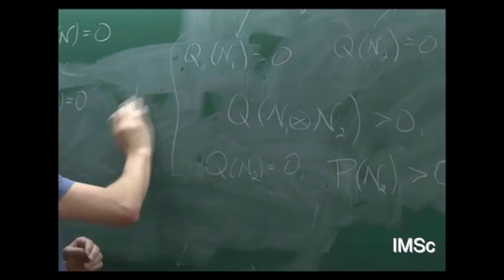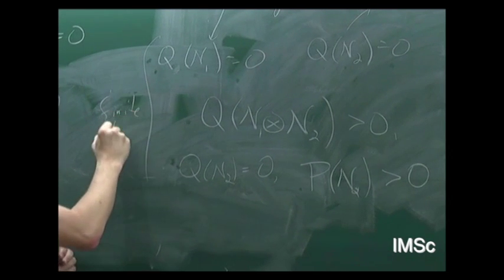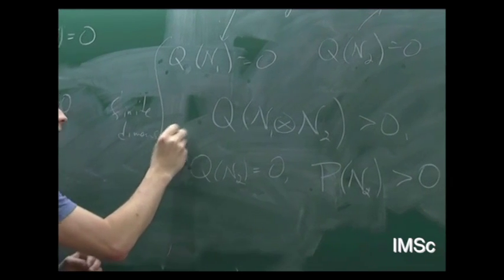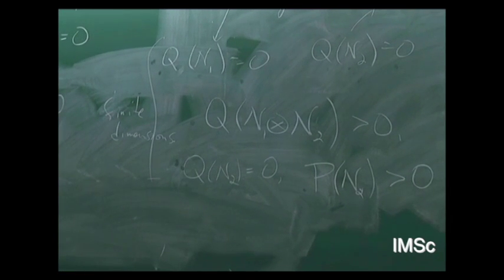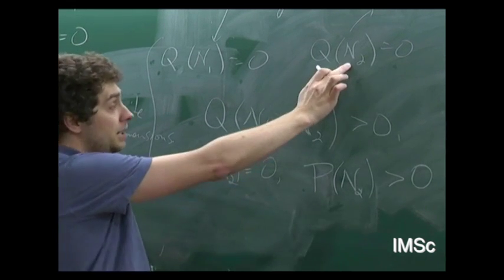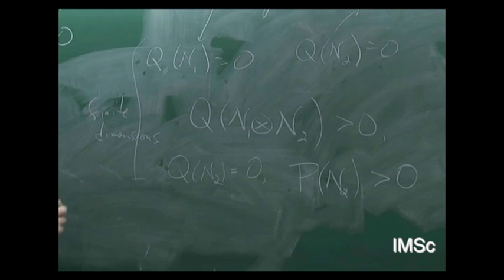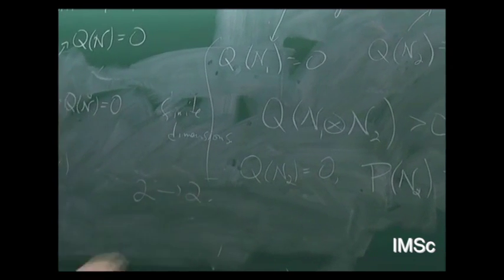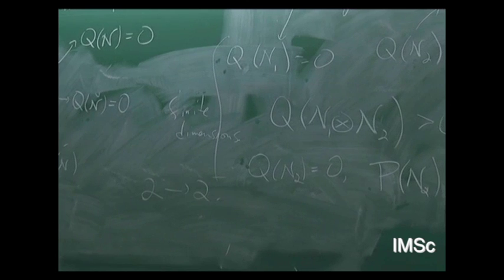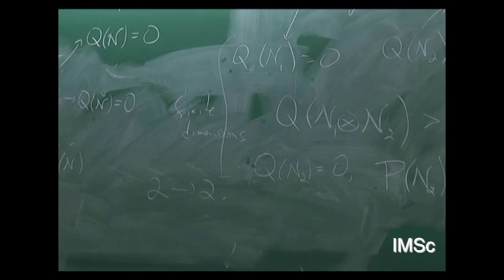Okay, so I want to continue because there's something kind of nice here. First of all, I said all of these things, this is for finite dimensions. So what happens for bosonic channels? We know that there are PPT channels that are non-trivial. So there are these entanglement binding channels for Gaussian states on two modes, actually. They map two modes to two modes. We have this attenuation channel that is 50-50 attenuation. That's also